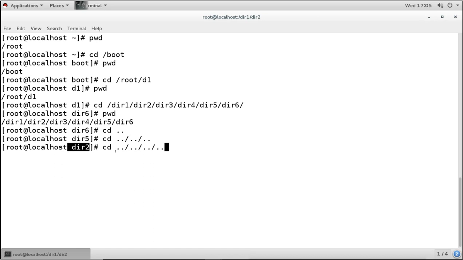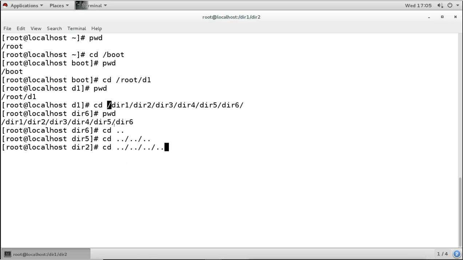Now if I go back more, if I say I want to go back 4 directories, so if I try this, then what happens? Remember, right now we are already under dir2. So if I want to go back 4 directories, first it will go to dir1, this is the first. After dir1 it will go to slash, but I am saying go back 4 directories. Now this is not possible, there are no 4 directories there.